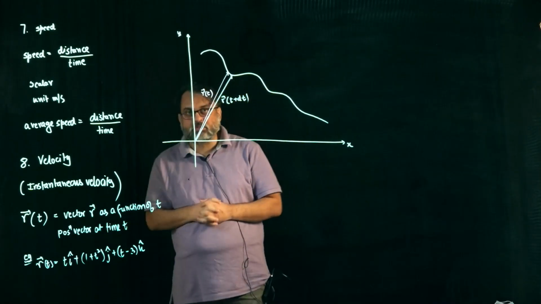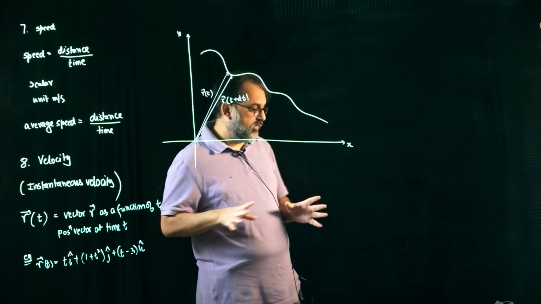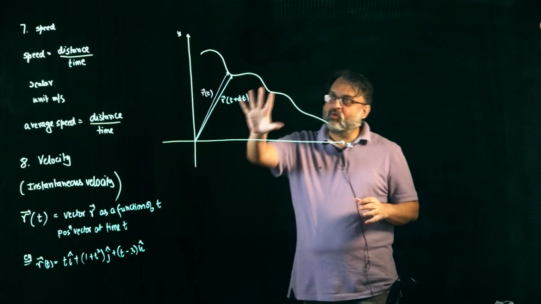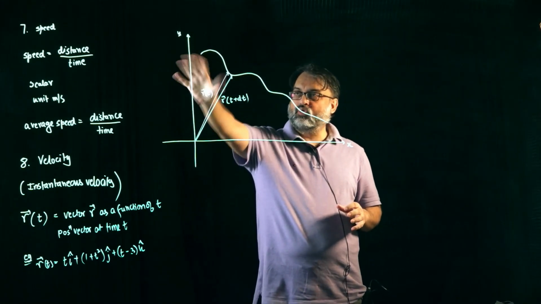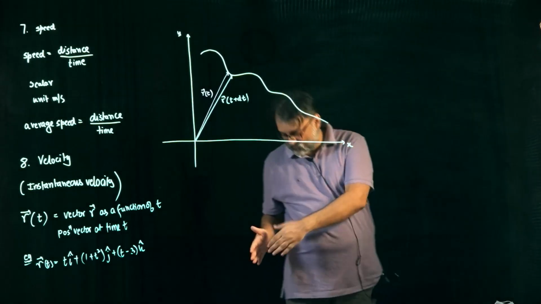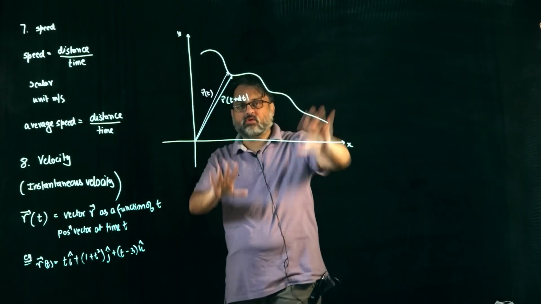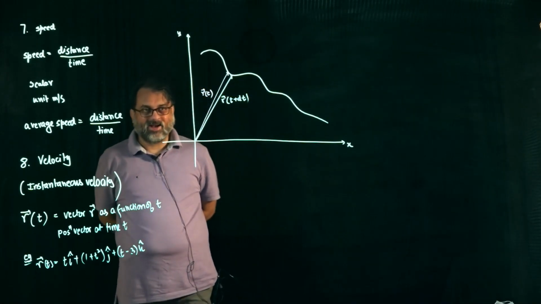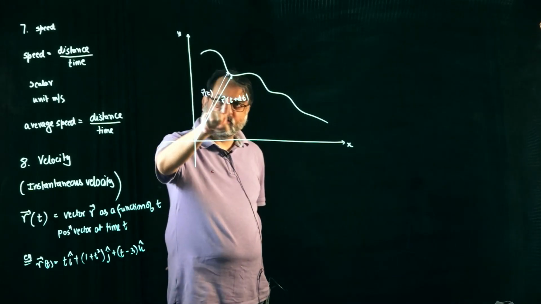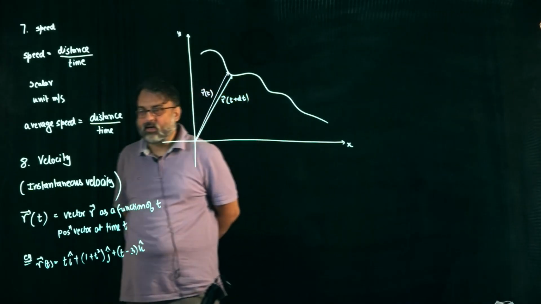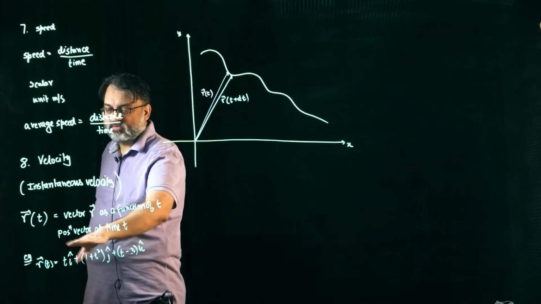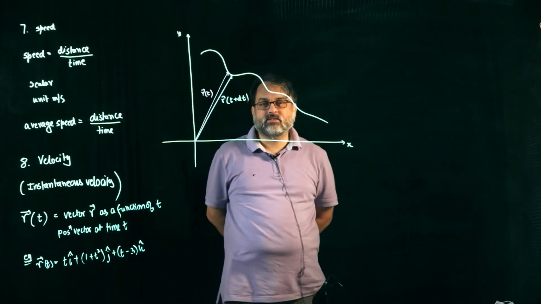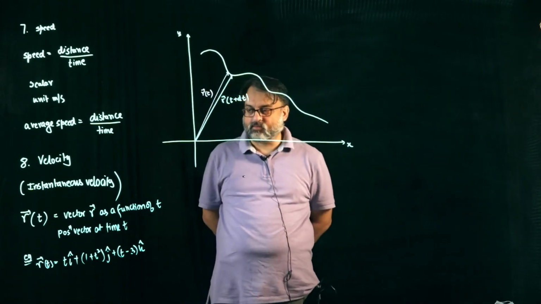I will repeat, because this is very important. We are looking at the motion of a particle which is moving on a horizontal surface. I have drawn the motion of the particle and I have drawn the xy axes, and at some moment in time the position vector of the particle is r(t), and r(t) is nothing but the position vector as a function of time. In this case, r(t) is the position vector at a particular time t.